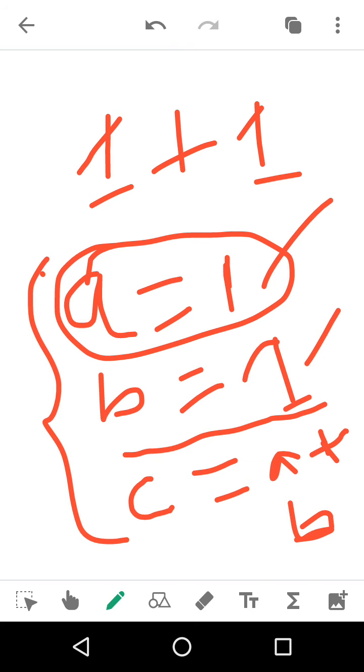So this is your computer program. Now in the next step, what is c? C is a plus b. You have used an arithmetic operator. Arithmetic operators include plus, minus, multiplication and division. Since you have used an arithmetic operator, the interpreter will understand that a needs to be added with b. a and b will be added, and the result will be c equal to 2. So this is how it will work.